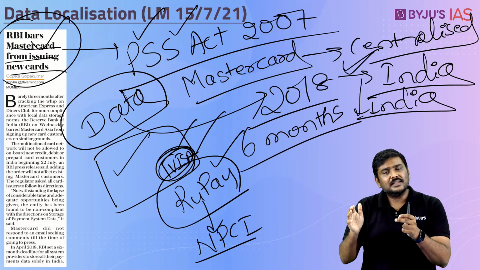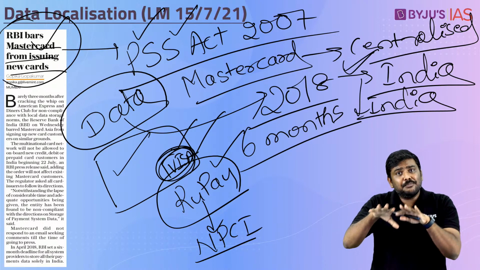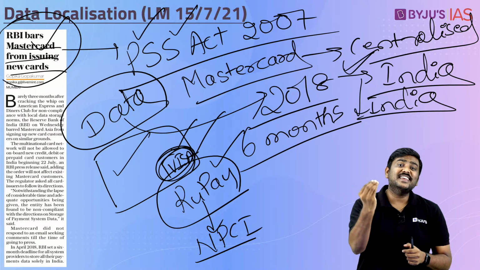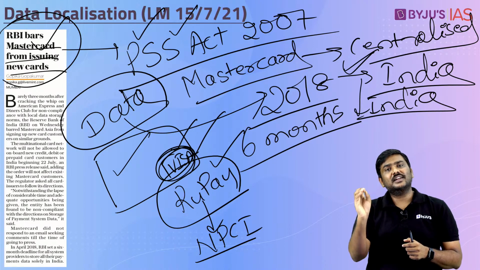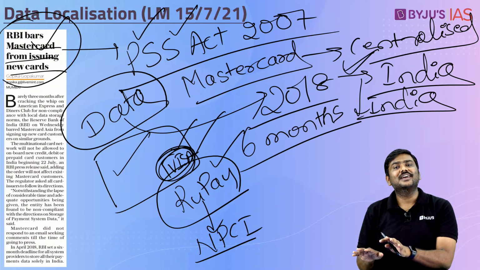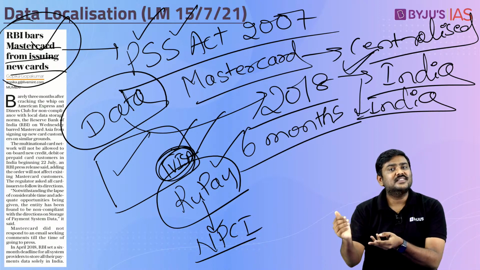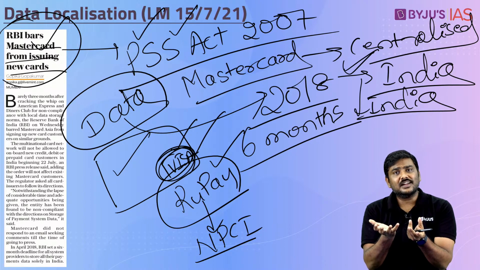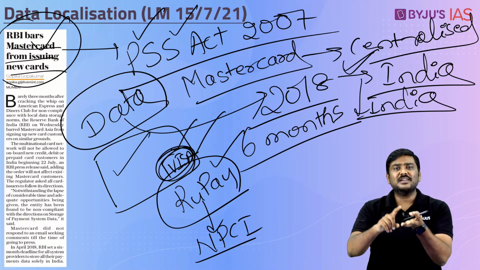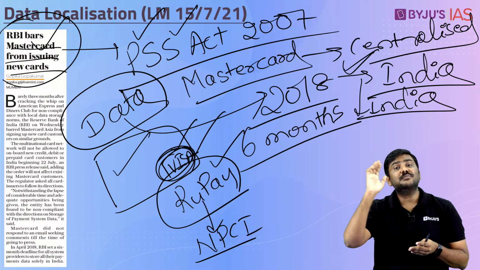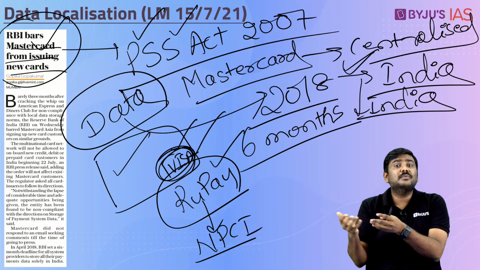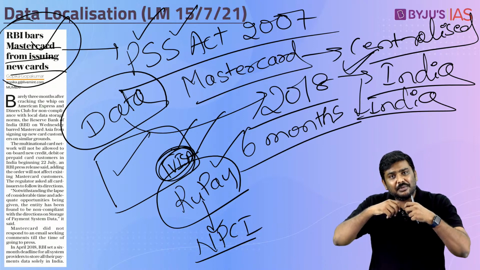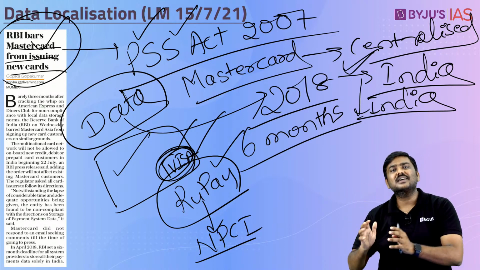Many of these banks already have 100% of their cards being issued by only Mastercard. Best example for that is Yes Bank. 100% of their cards are Mastercards only. So these banks will be disincentivized. Another bank such as HDFC, 60% of their cards are Mastercard, Diners Club as well as American Express. The customers will be disincentivized, or the bank will be suffering now. ICICI Bank, 36% of their debit cards or the overall cards are Mastercards.